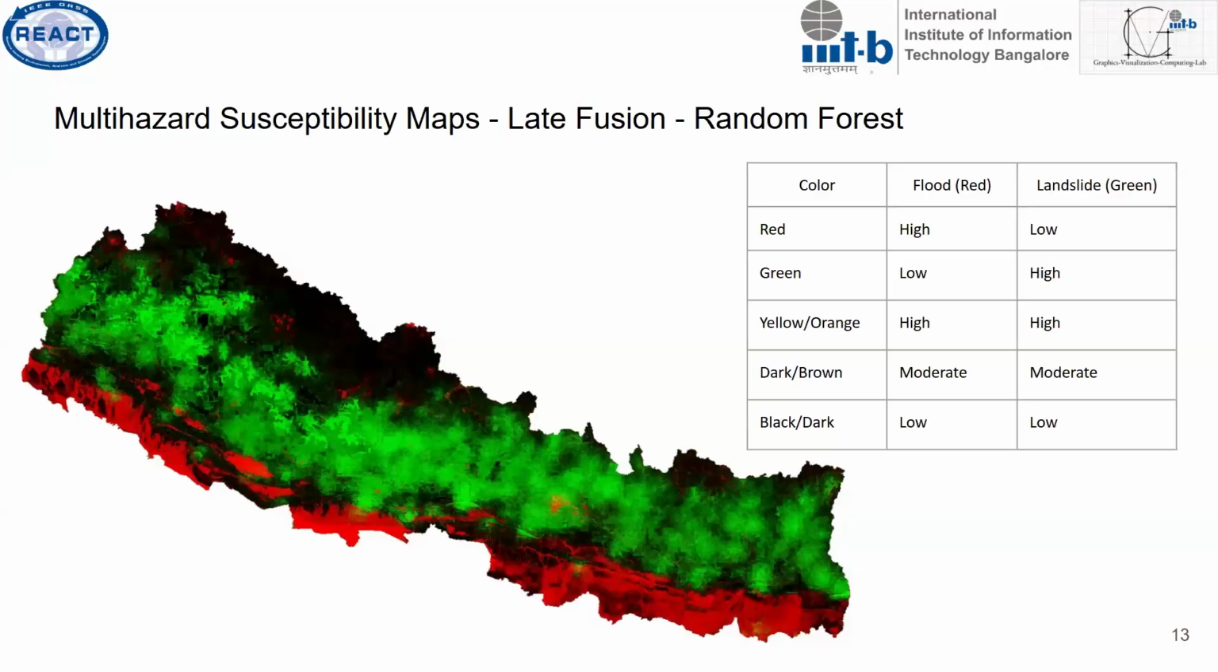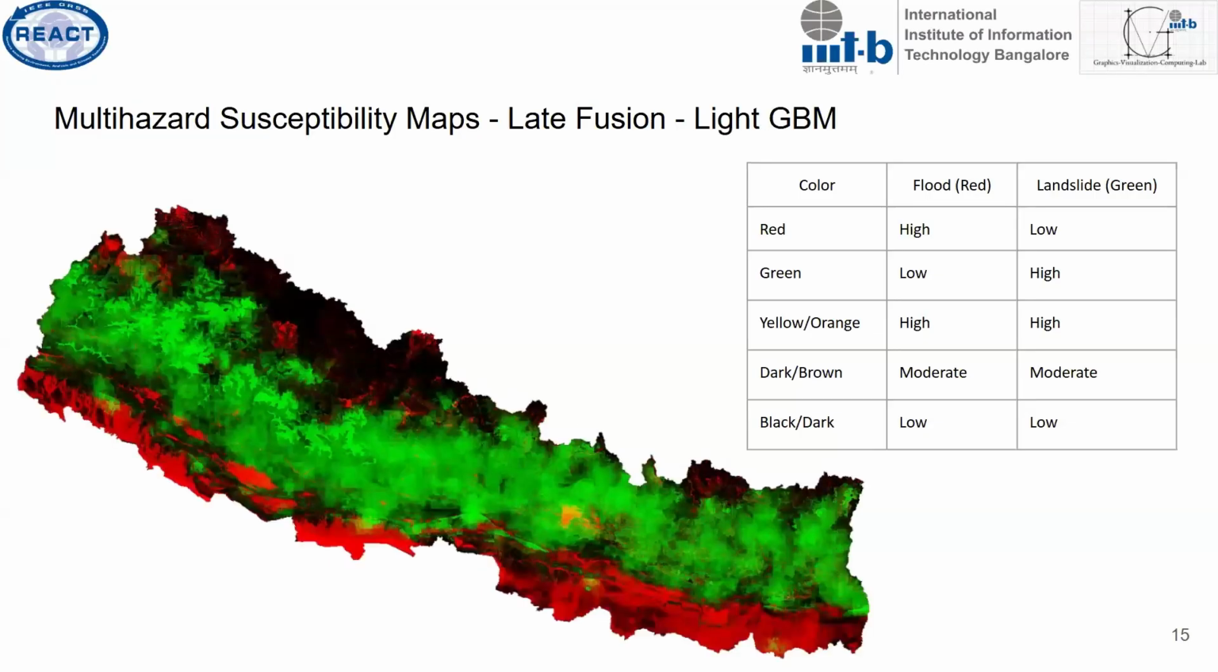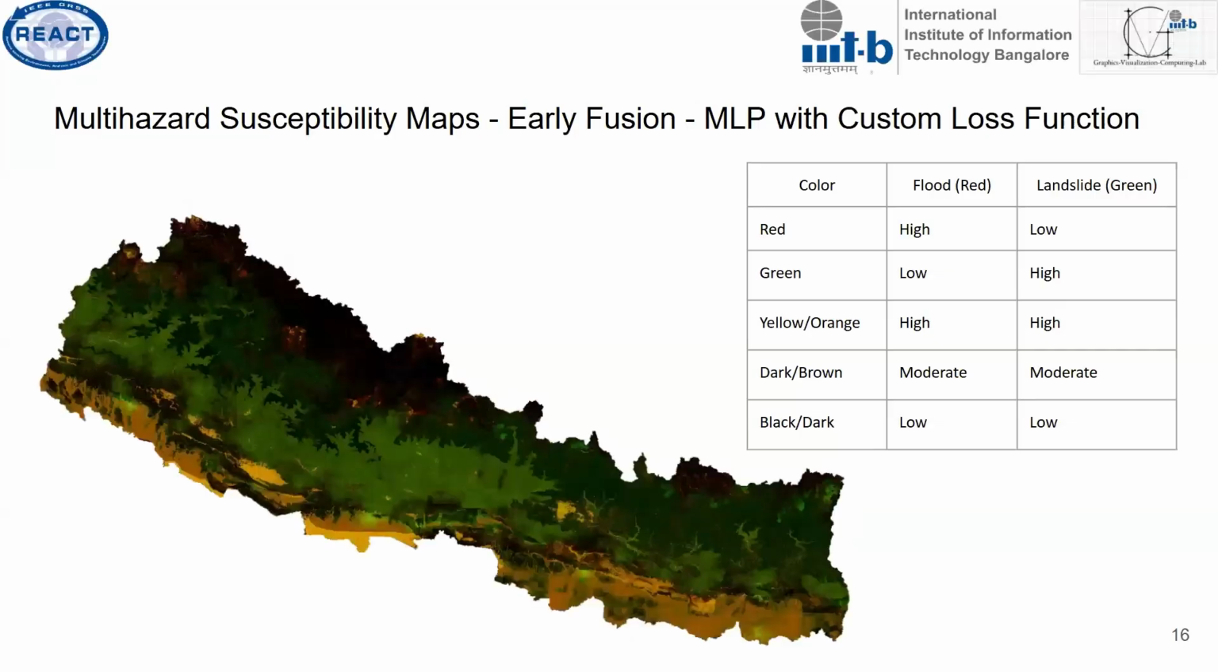Here, this is the random forest approach. You see that we are seeing very small regions which are marked as yellow, orange, or dark brown or such colors. Most of them are marked as individual hazard zones because they are having individual, independent learning. There is no joint learning happening. But when we are doing a multi-layer perceptron with a custom loss function of multivariate Gaussian, we are getting most of the regions as